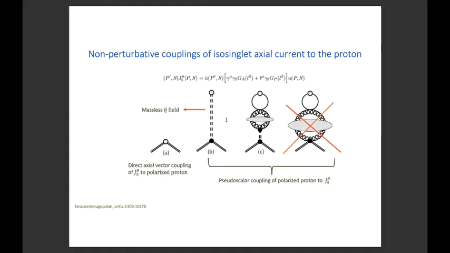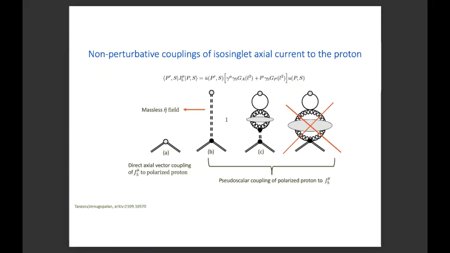So let's again look at this quark helicity. As I mentioned, it's the isosinglet axial vector current that's sandwiched between outgoing momentum P prime and incoming momentum P of a polarized proton. Right? And so you can write this in terms of spinors most generally as an axial vector form factor. So this is gamma mu gamma 5, an axial vector form factor, which is a function of the momentum transfer L squared. And then there's a pseudoscalar term.